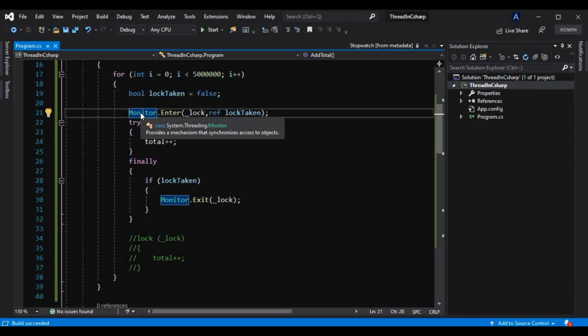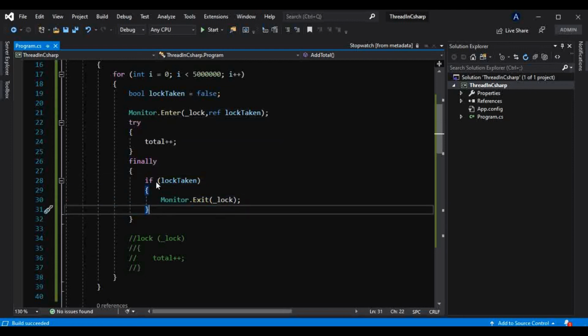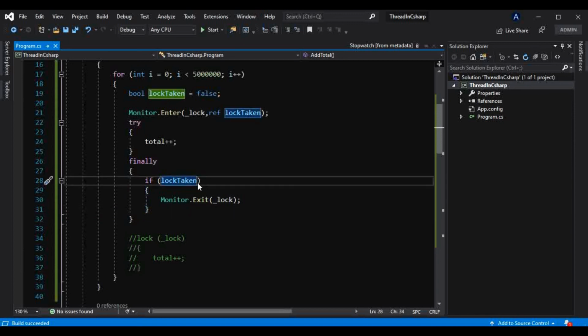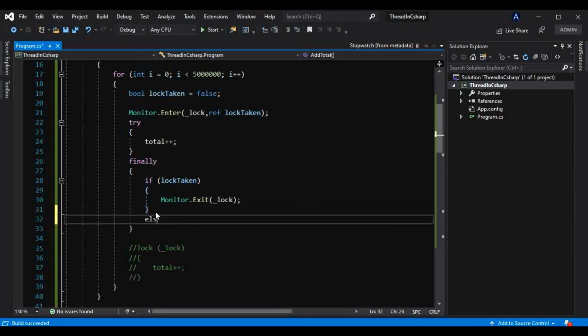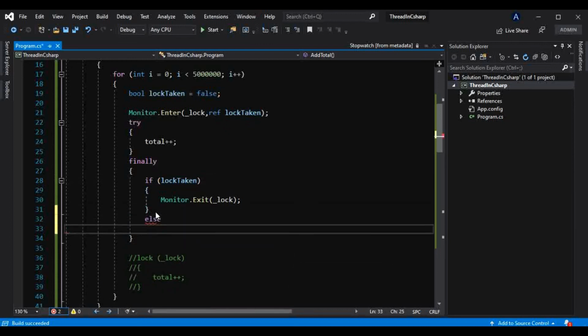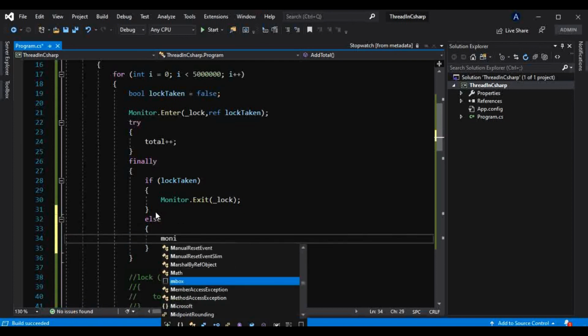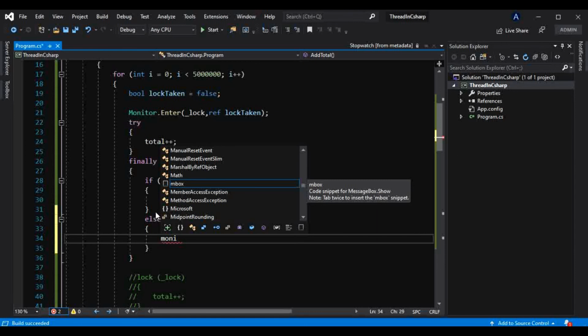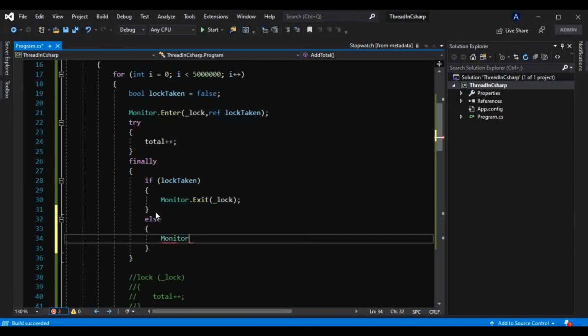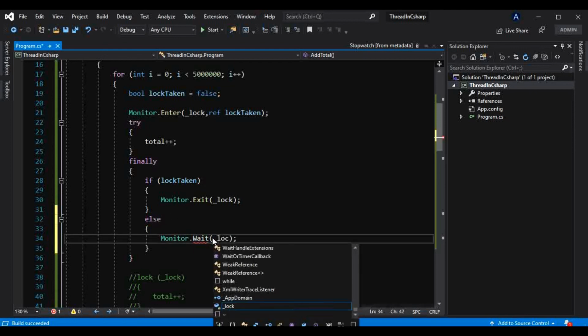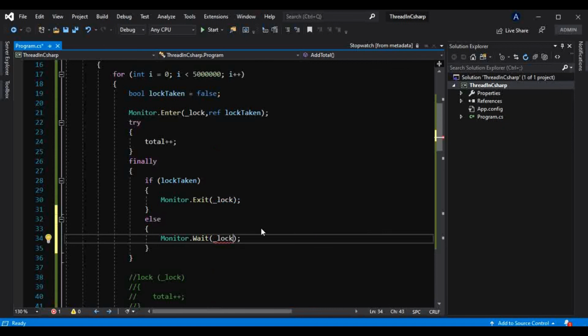As well as this, the monitor has several methods. If we want that lock taken, in this else I can make that monitor dot wait method, and I have to use that lock here.